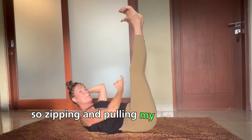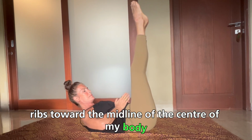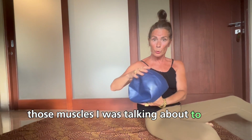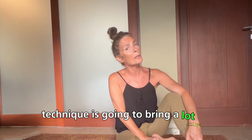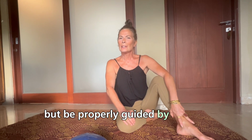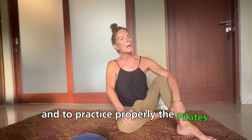So zipping and pulling my belly toward my spine, bringing my ribs toward the midline, the center of my body, and lifting up my pelvic floor. So really connecting those muscles I was talking to you about before, to create intra-abdominal pressure. So using the Pilates technique properly is going to bring a lot of benefit to you, of course, but be properly guided by a good instructor. It's so important to understand and to practice the Pilates method properly, and you will be